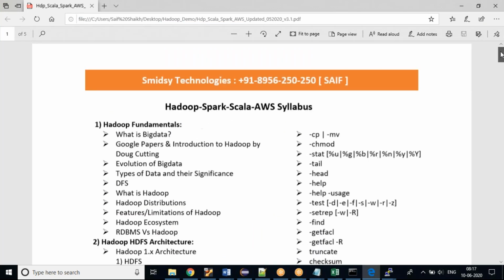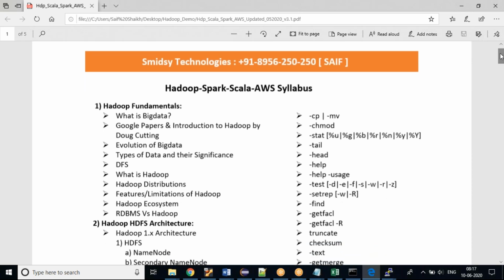If you'll see, I'll be starting pretty much with basics. My plan is for this batch, I would be taking care of Scoop and Hive. From the next batch onwards, I will be putting more effort on programming like Scala, Spark, PySpark, or AWS. Because this Scoop and Hive is only for interview perspective. But yes, we need to know that, because we need to know what Hadoop is.